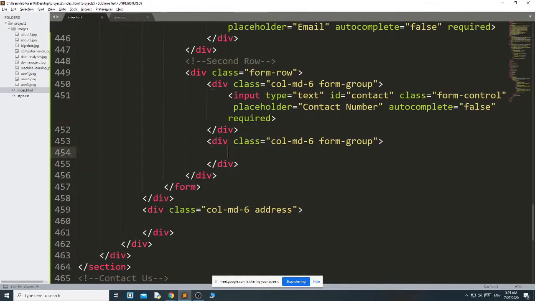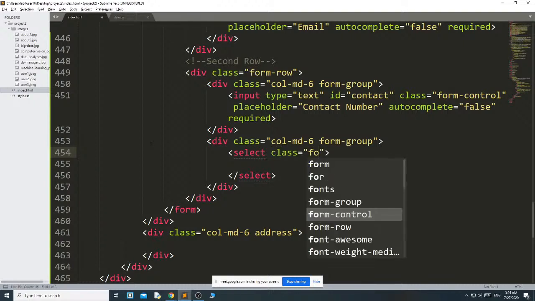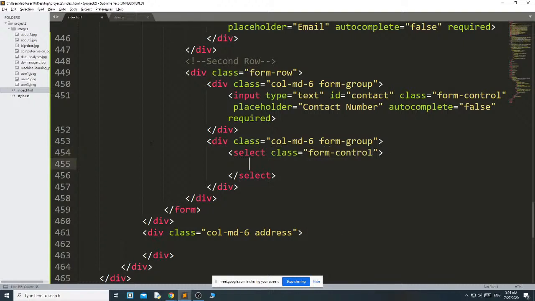Then here how can I do that? I have to use select, class form-control. Then I have to provide the options, optgroup, not option. Option, country.